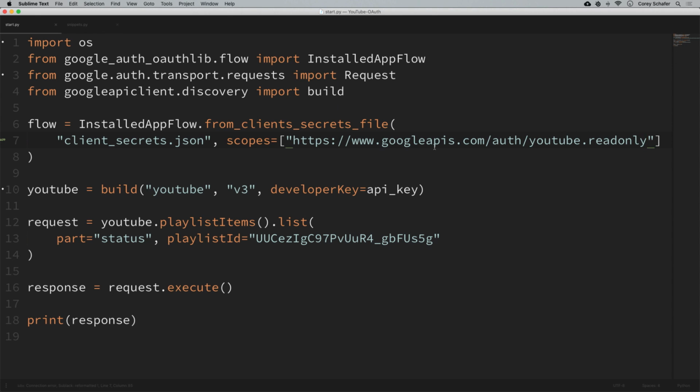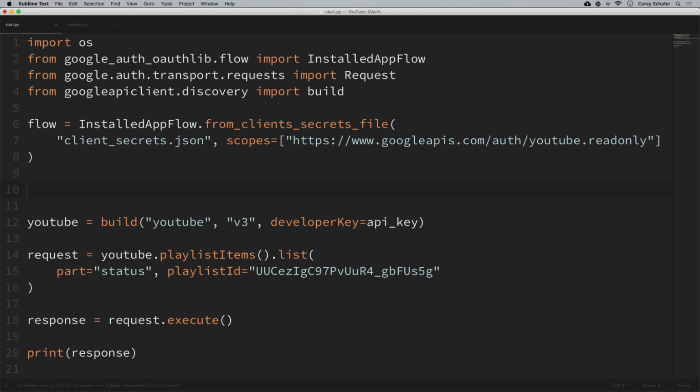Okay, so that should be everything that we need in terms of our credentials, but now we need to run our local web server so that we can log into our Google account and allow our script access to our data. And this flow object that we just created will do all of this for us. So to do this, we can just go down another line here, and I'm going to use this flow object that we just created and say flow